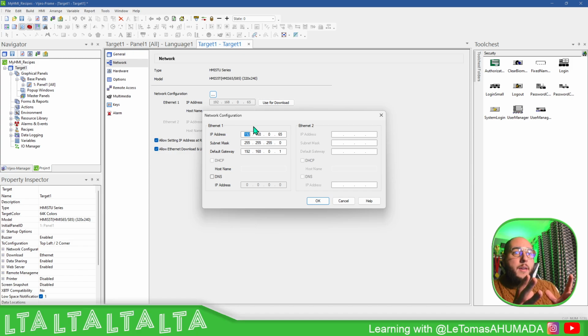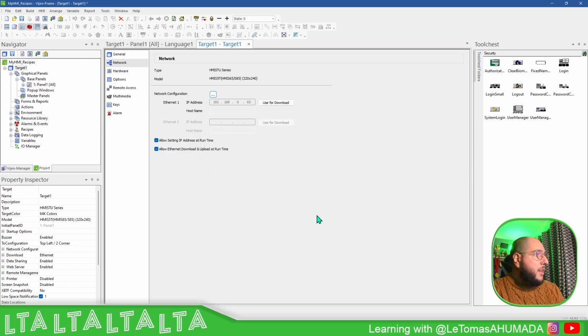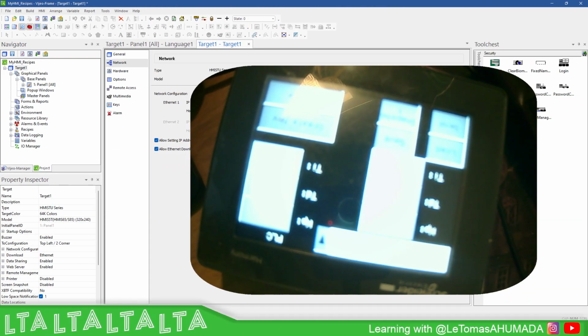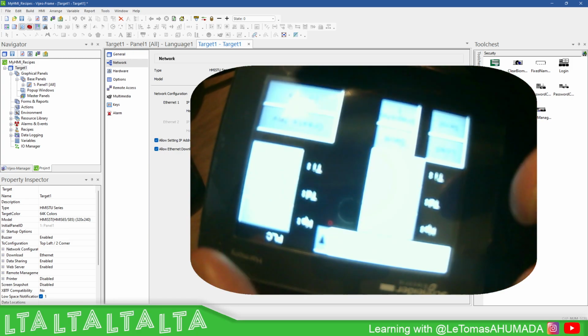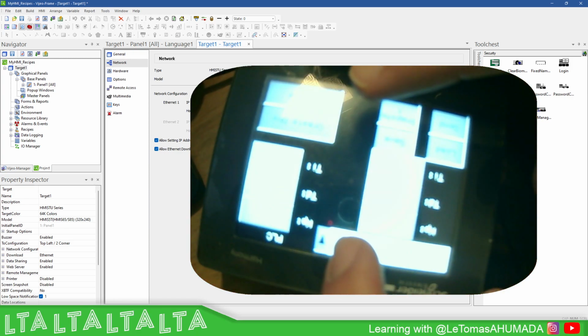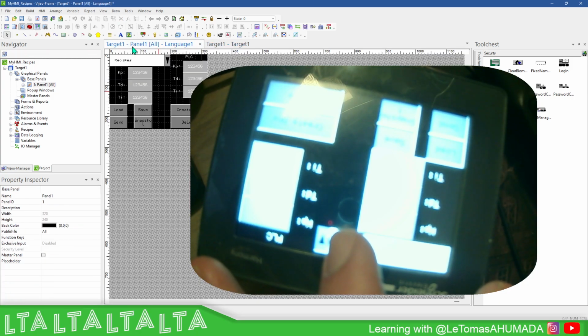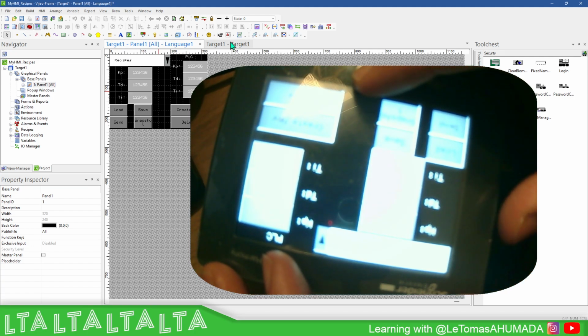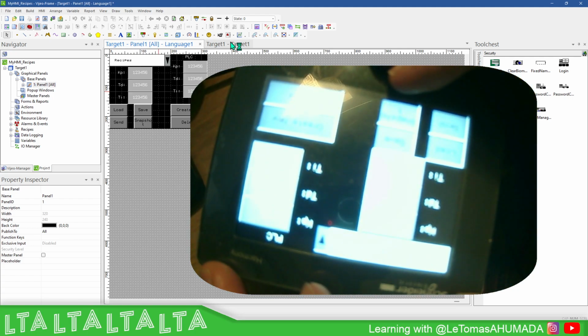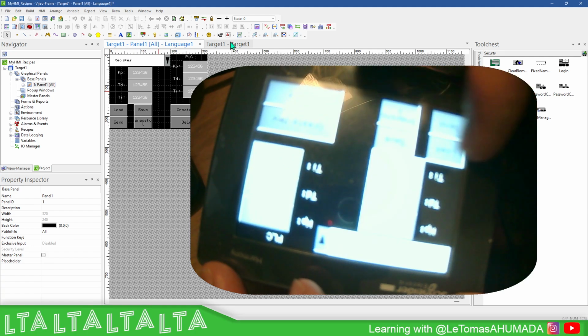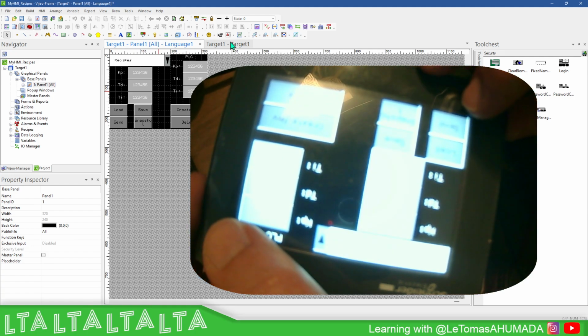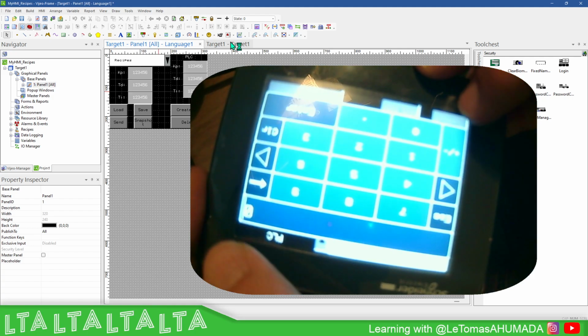In case you don't know how to, on the HMI itself, if it's a brand new HMI, you have a white screen. It's not this one; this is the same application that I'm showing you here. But if it's a new blank HMI, you should be able to see a white page with a computer, and in the computer you just configure the IP address. If it's an existing application and you don't know the address, then you just need to press